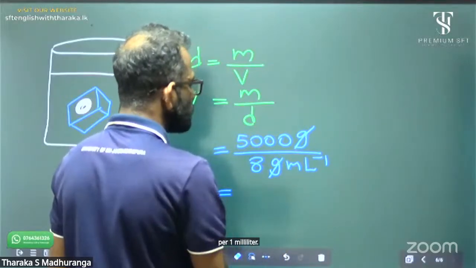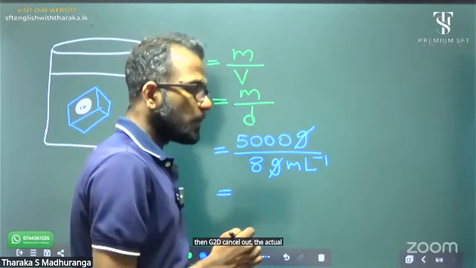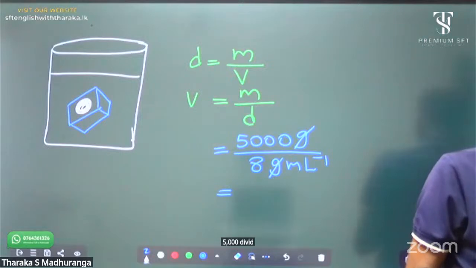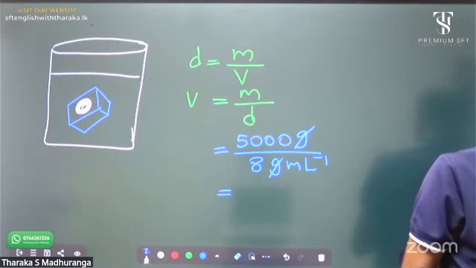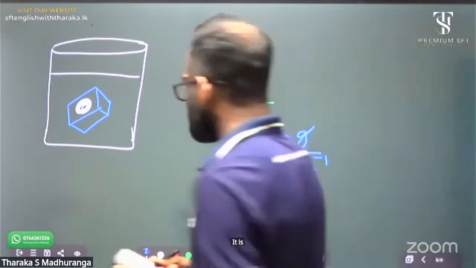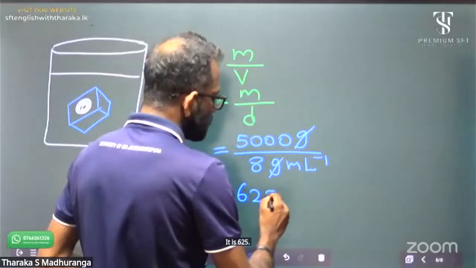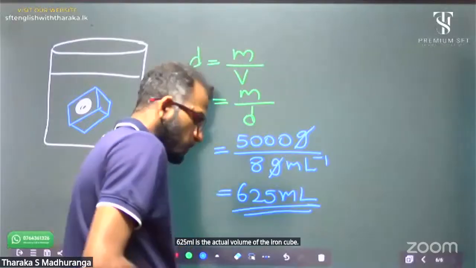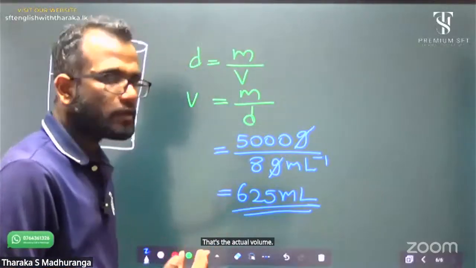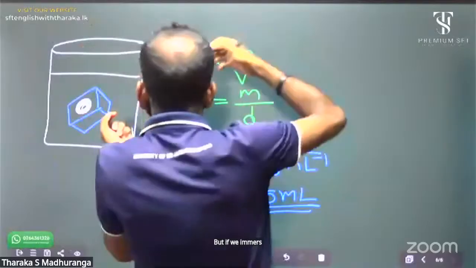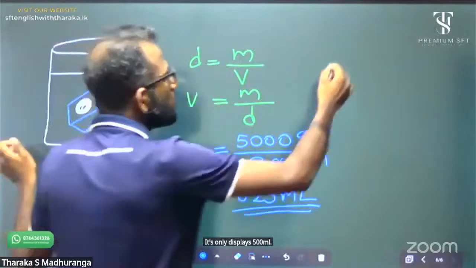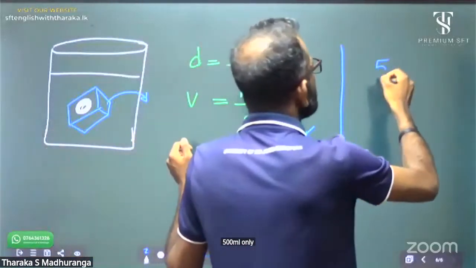The actual volume is 5,000 divided by 8. It is 625. 625 milliliters is the actual volume of the iron cube. That's the actual volume. But if we immersed it in water, it only displaces